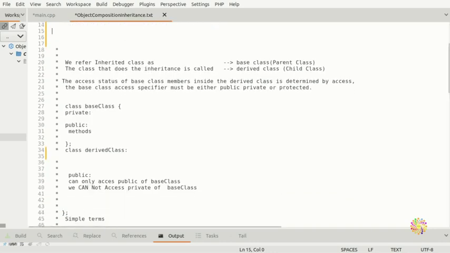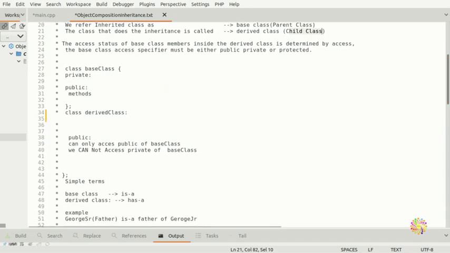As I said before, I'm going to go through this again. We refer to the inherited class as a base class in C++. The class that does the inheriting is called the derived class, or in other words the child class, for simplicity. If the term base class is a little bit strange for you, the access status of the base class members inside the derived class is determined by the base class access specifier, which must be either public, private, or protected.